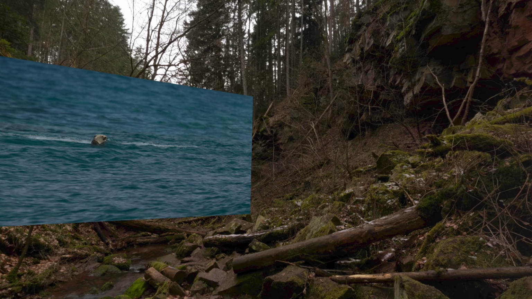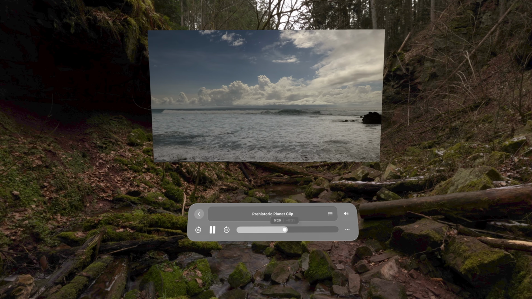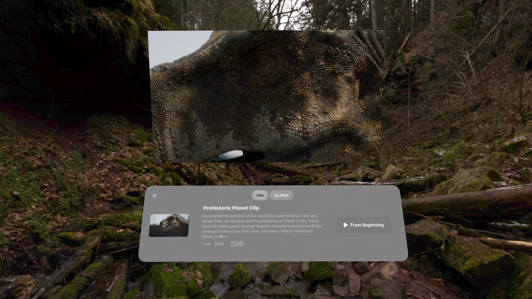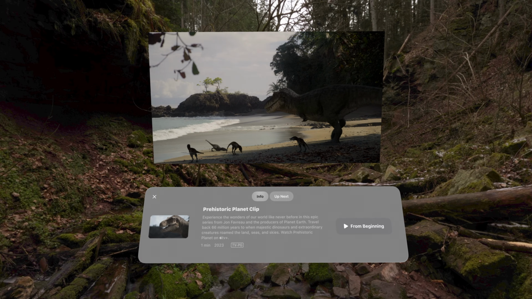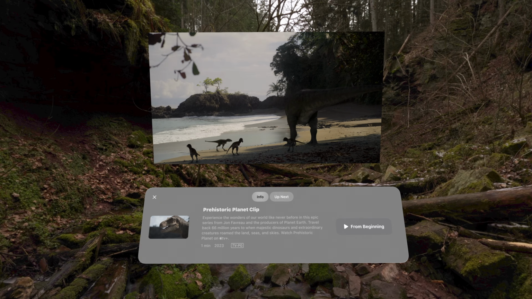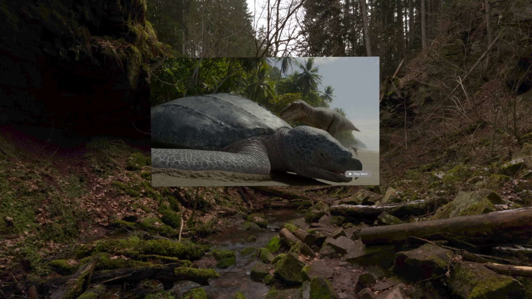The player UI appears and immediately docks into the immersive space at a fixed size and location for optimal viewing. Another nice detail is that when the screen is docked in an immersive space like this, the playback controls detach and come a little closer to make them more convenient to interact with. Tap the List button. The app has supplied custom info view controllers to display more info about the content and related content while watching the video. Near the end of the video, a contextual action button labeled Play Next appears in the bottom right corner.